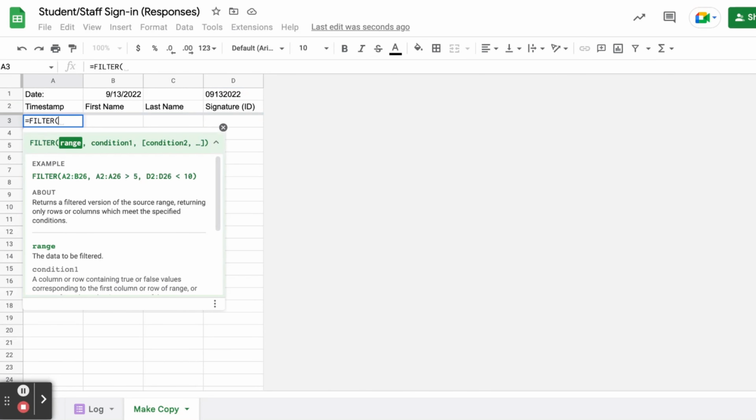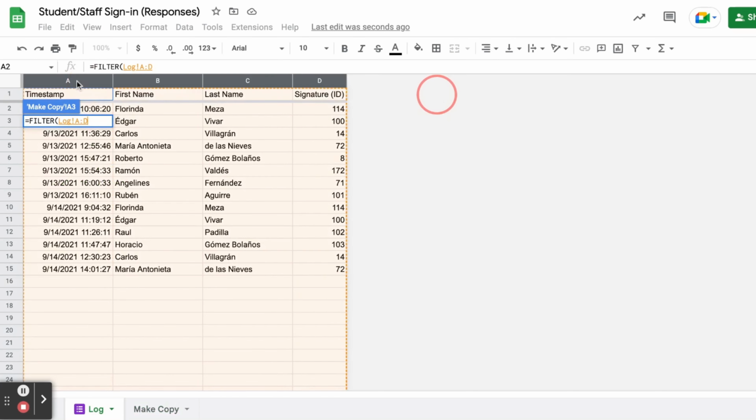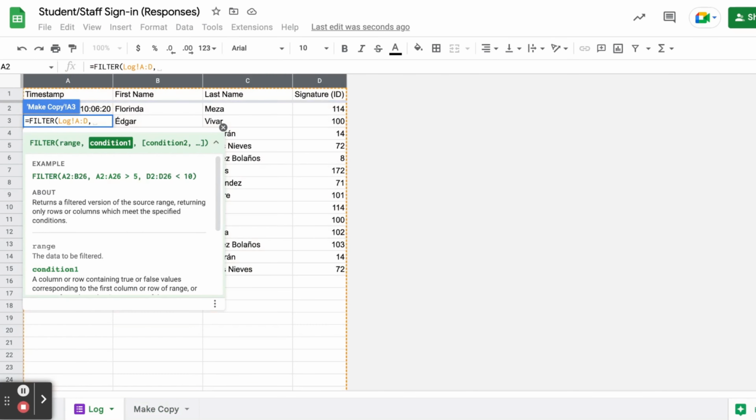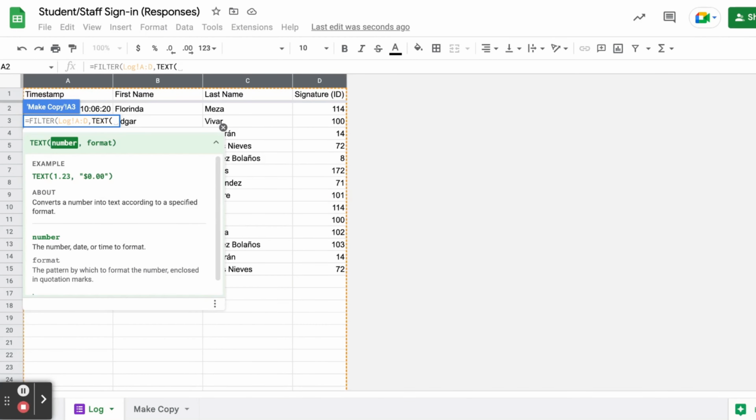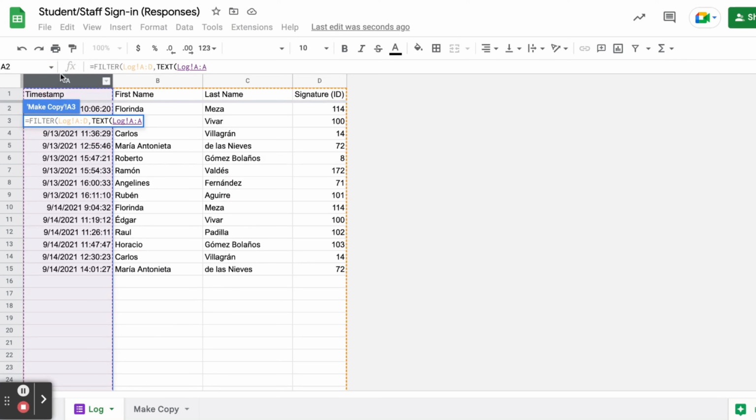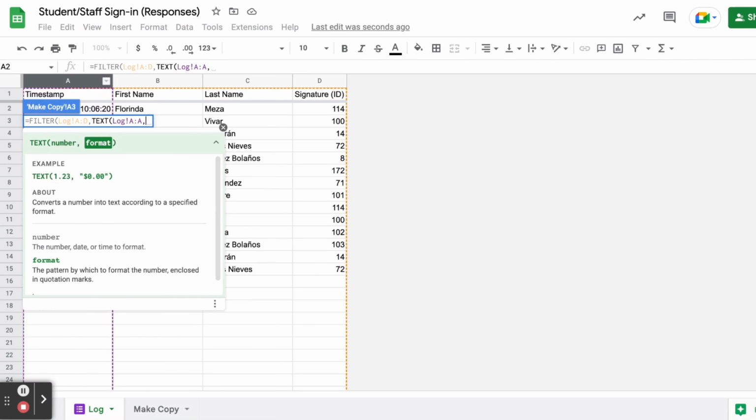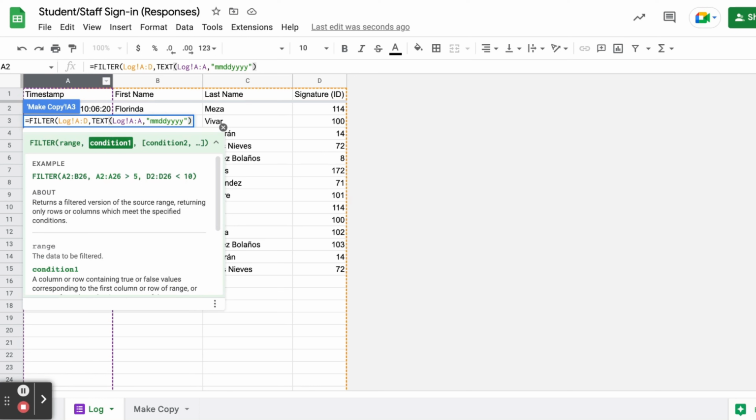Right under the timestamp, I'm going to type equals filter, open parentheses, and for the range, I'm going to select everything in the log. For the condition, I'm going to use the text formula to format the date into numbers only, and I'm going to select the whole timestamp column in the log tab. For the format, I'm going to use 2 numbers for the month, 2 numbers for the day, and 4 numbers for the year. I'm going to close my text formula, and I need to make that equal to the date